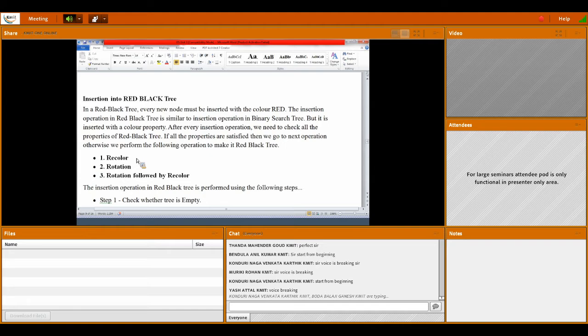If not, then go for rotation. And by rotation operation,